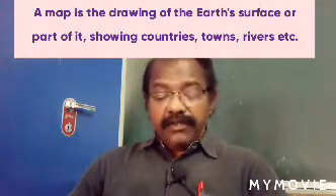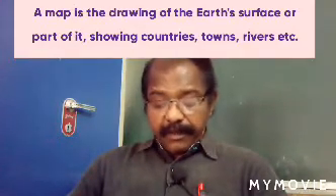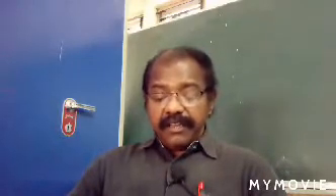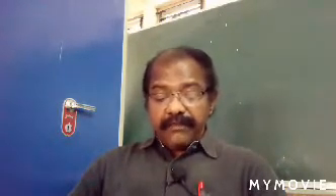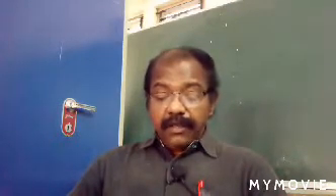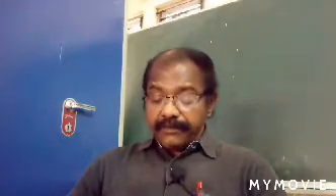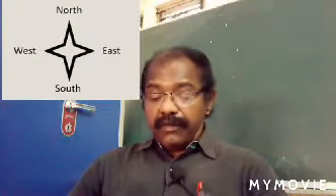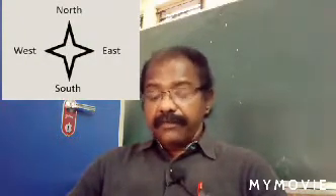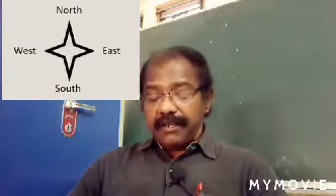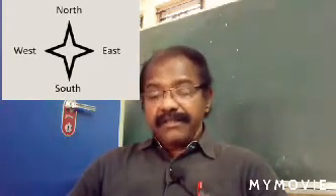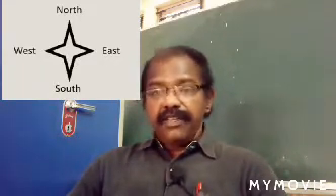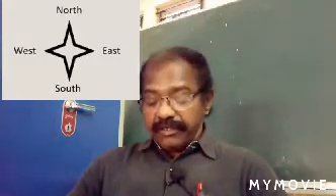And here in the textbook you can see 2 pictures on page number 29. The first one is a sketch and the second one is an example of a map. What is the difference in these? In the second picture, you can see directions are shown. Look at the right side on the top. You can see a star-like structure and written N S W E. N for north, S for south, E for east, and W for west.